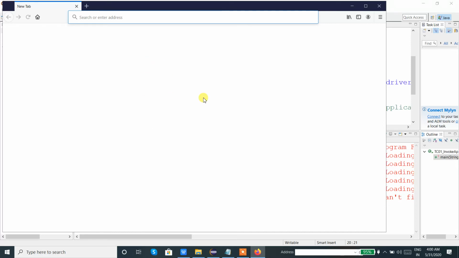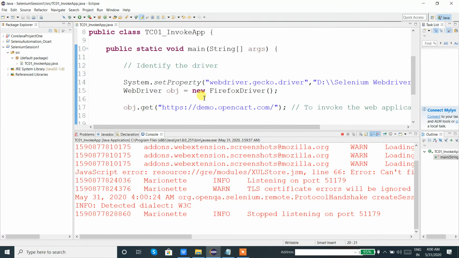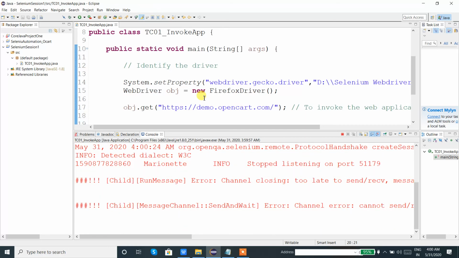Probably we can see one browser. Now our application got invoked and it has been closed. That means the driver works properly over here. It identifies the web browser, that is Firefox browser. So the driver name over here is geckodriver.exe.